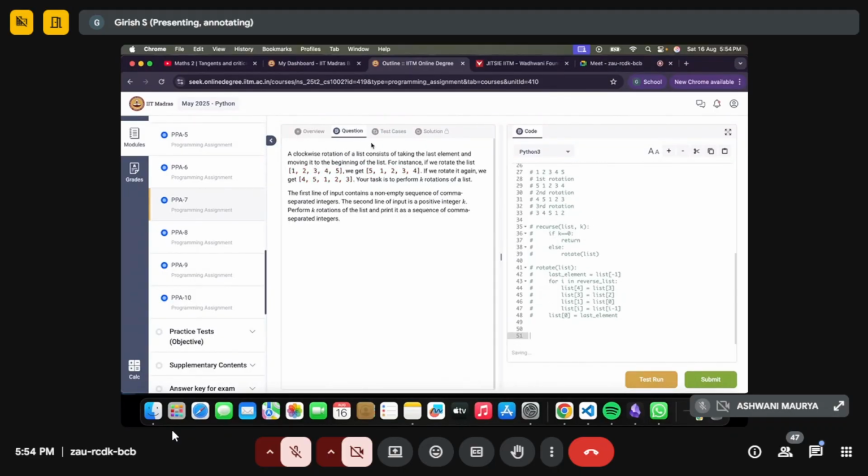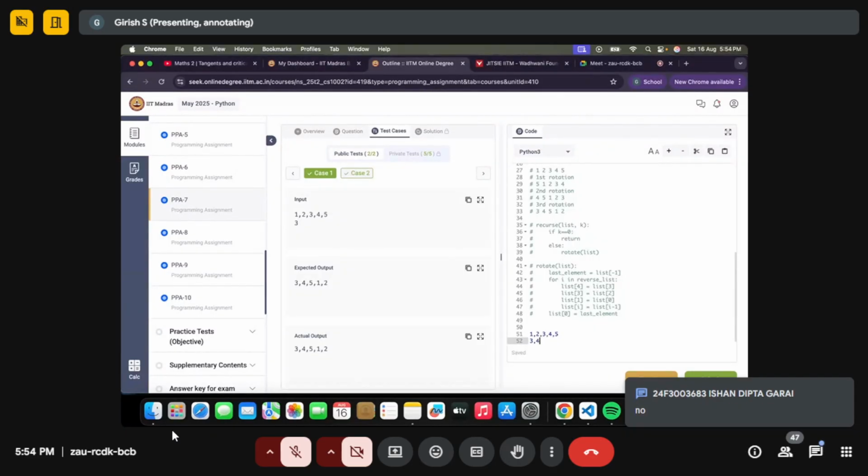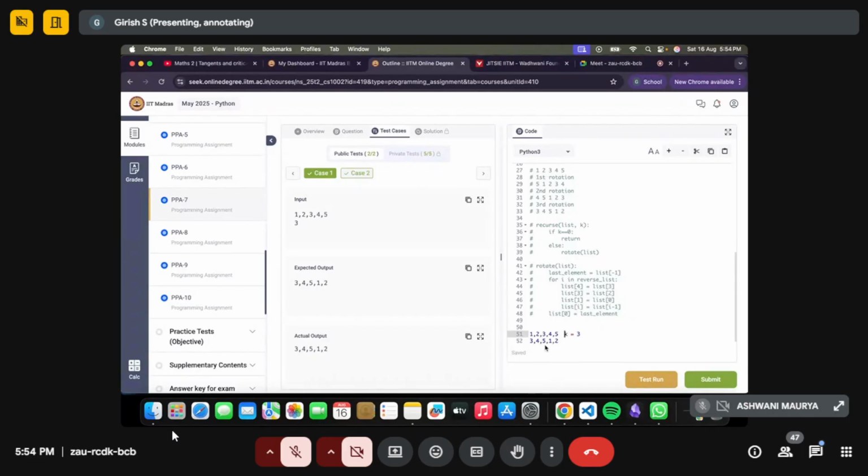Now, if you see the test cases 1, 2, 3, 4, 5, and the result, can you see any patterns, like your k value is 3? Can you observe something here? You just take the last 3 elements, put it first, and then take the 2 elements, put it here. Similarly, if you observe the next test case,